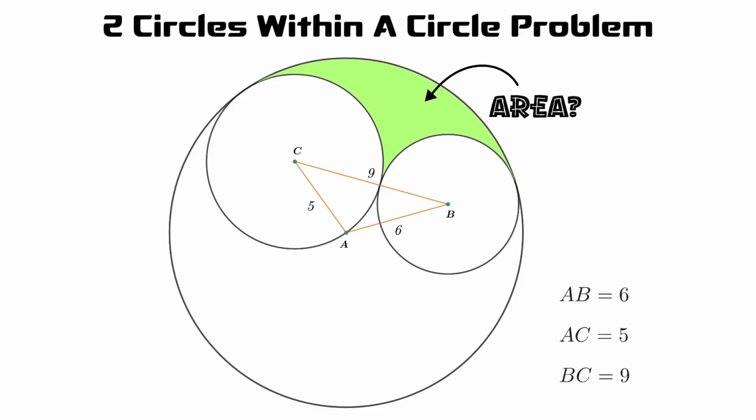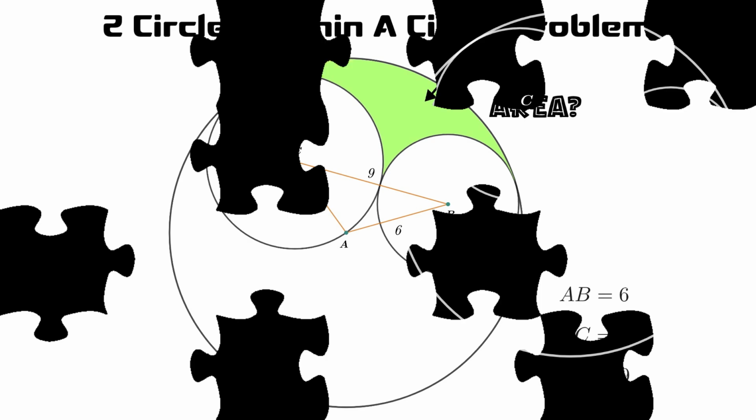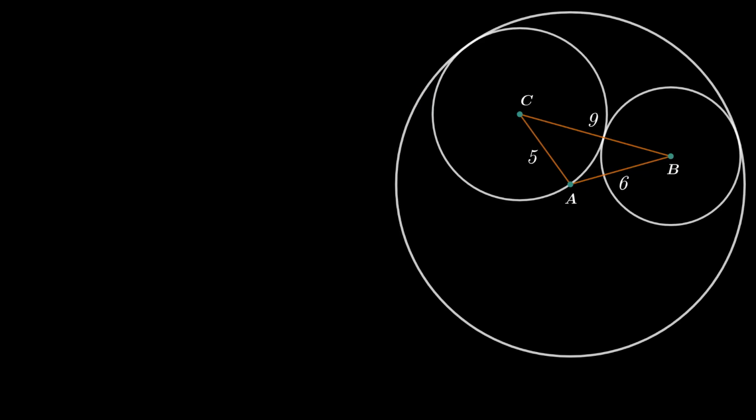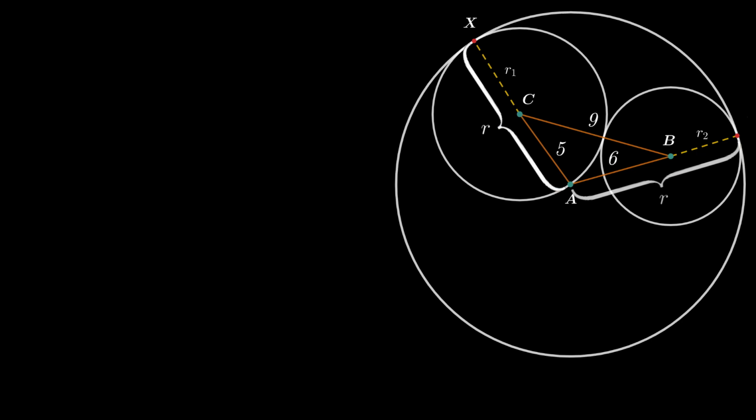So the problem is asking us for the area of this shaded region here. Pretty self-explanatory. But how do we go about finding it? That's a whole different animal. Let's just start out by naming the radius of the second biggest circle R1, and the radius of the smallest circle R2. So this line segment here is equal to this line segment, since both are the radii of the